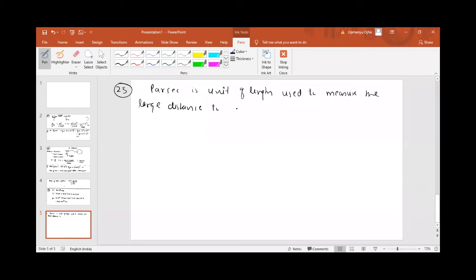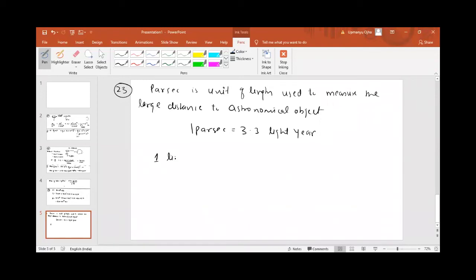Astronomical object, which is outside the solar system. So outside the solar system, that would be equal to, one parsec is equal to 3.3 light years. 3.3 light years. And what is light year?